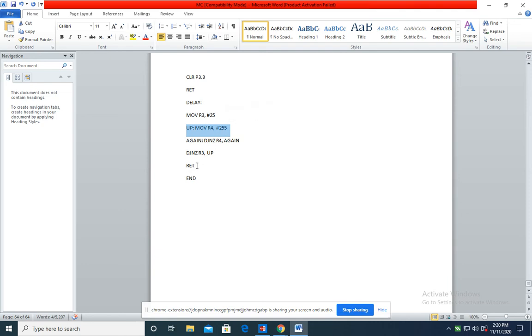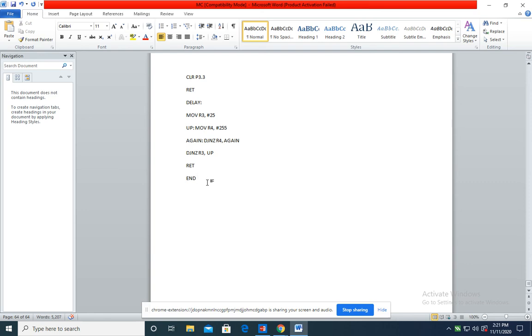And at the end, after R4 and R3 become 0, we will return from this subroutine to the main program. And the last instruction is end, that is the directive that tells the microcontroller that my program has ended here.